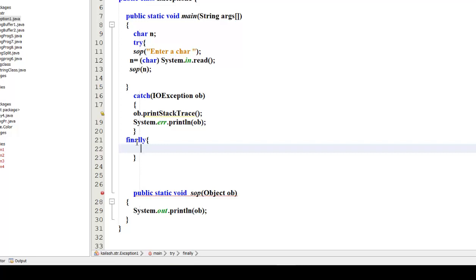So like this purpose you will use the finally, meaning the block made for closing part, all types of closing: closing the database, closing the file, closing the objects. But in Java